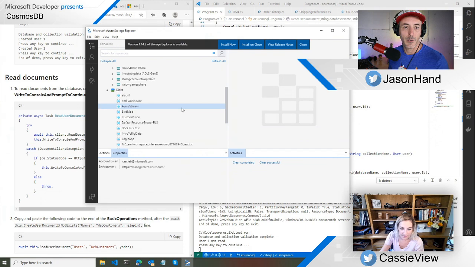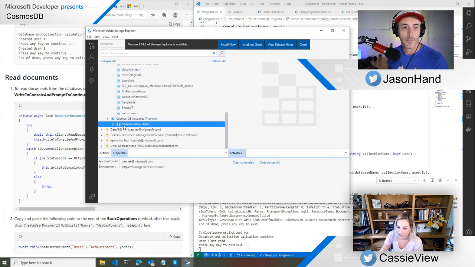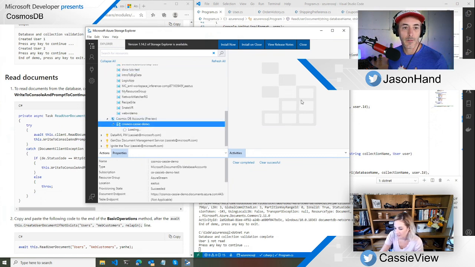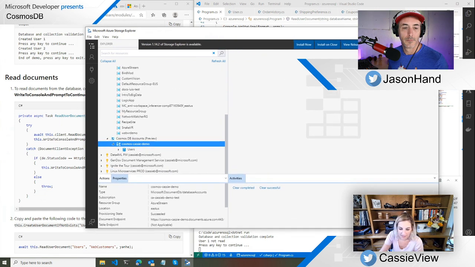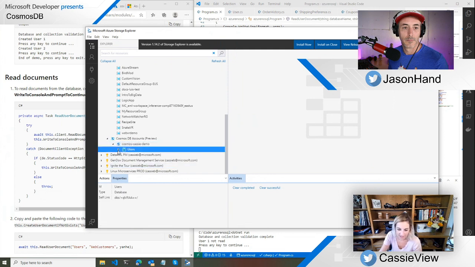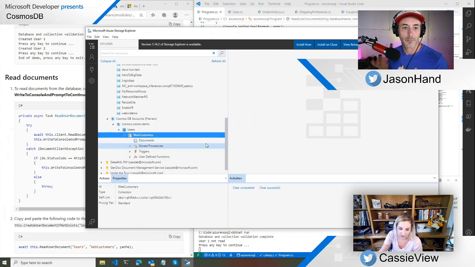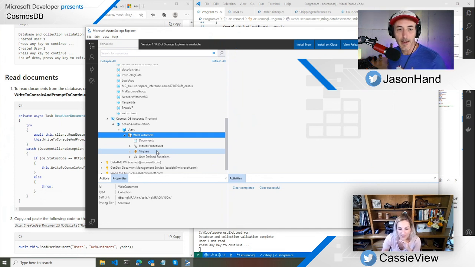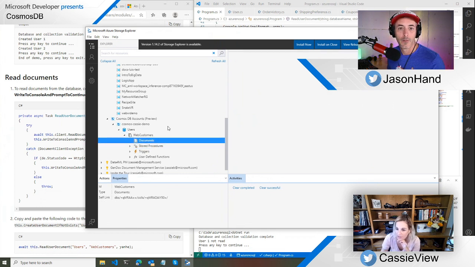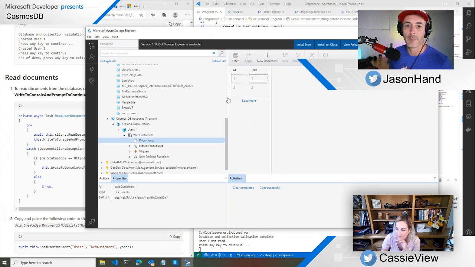There is. There's definitely Cosmos here. And then I can see, oh, that's cool. Okay, this is exactly what I was thinking. And here you can see stored procedures and triggers and user-defined functions. If you're SQL, that feels familiar. Yep. Cool. And then inside documents, does it show anything? Yeah, so we can see it is putting a few records in there.